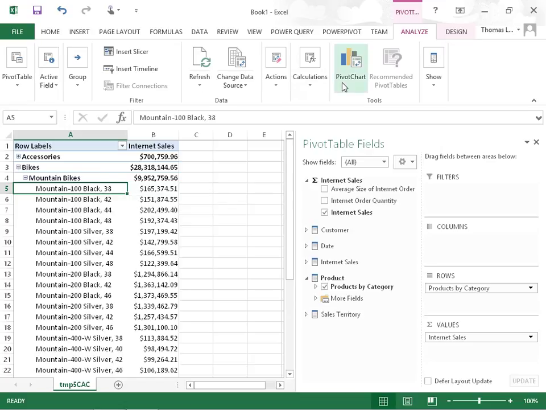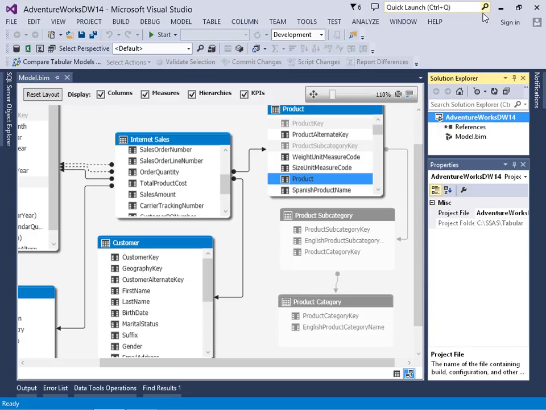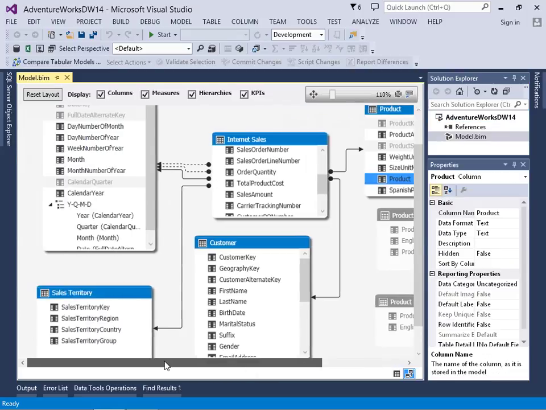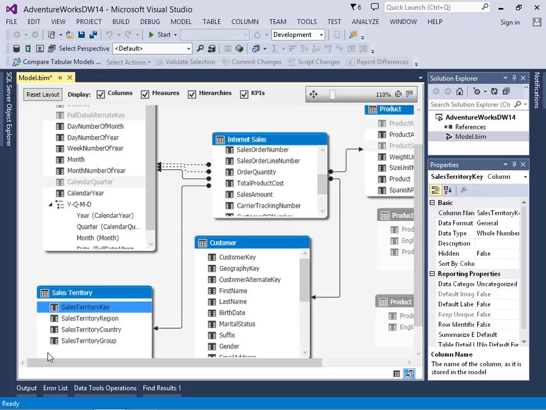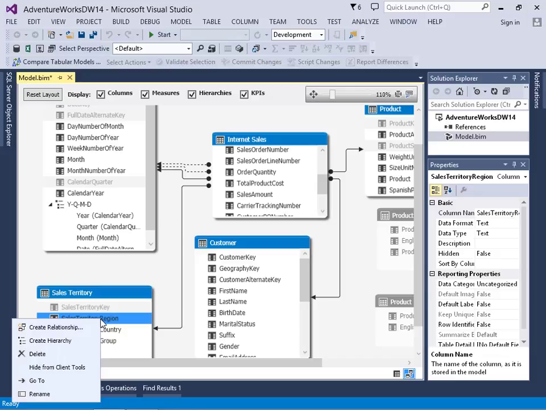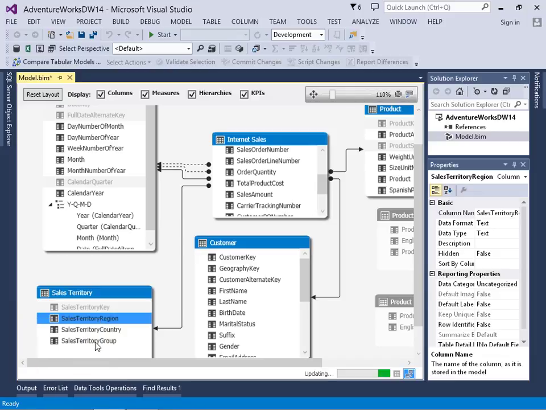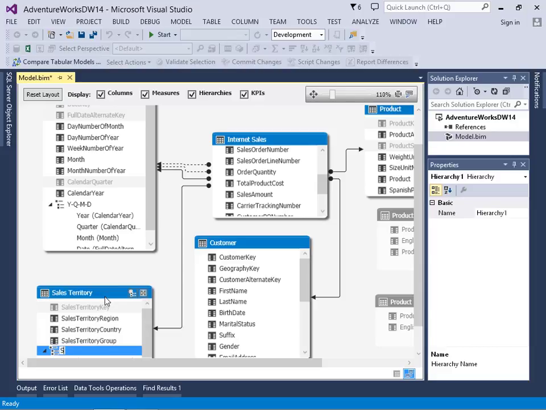Let's make one more change before we end this demonstration. We'll minimize Excel and go back to our diagram view. This time we'll scroll to the right and look at sales territory. The key has no value for the reporting tools, so we'll hide that, and then we'll create a hierarchy through these next three columns. We'll create a hierarchy, call this sales territories,